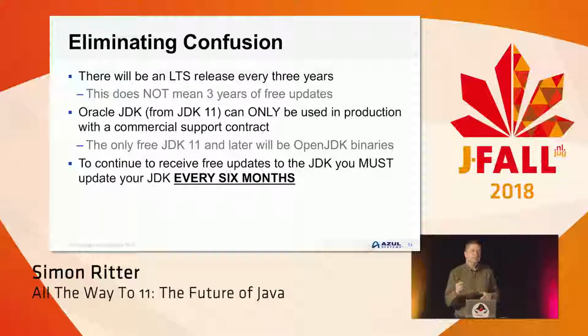The thing about that is that if you remember, I said that there's only 6 months of updates to the Oracle OpenJDK binary. There is no long-term support release in terms of those binaries. That means if you want to continue using the Oracle JDK for free, then you will need to update your JDK every 6 months. That's quite a significant thing. Certainly if you talk to a lot of customers, trying to change JDK every 6 months is just not achievable.